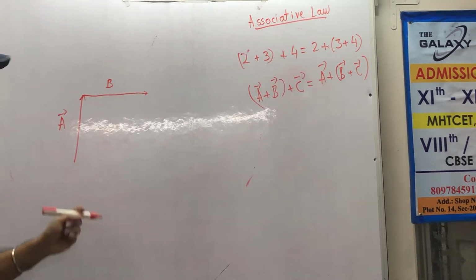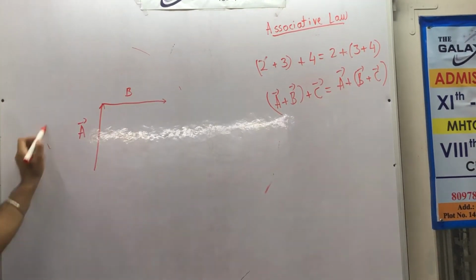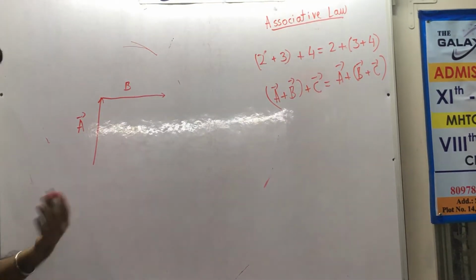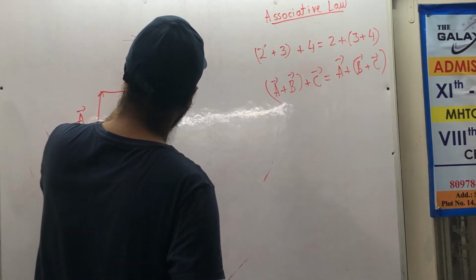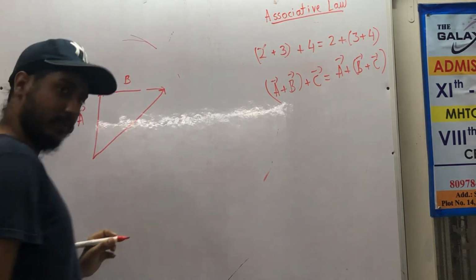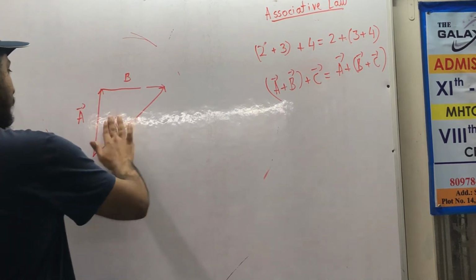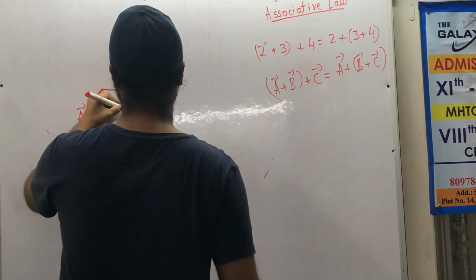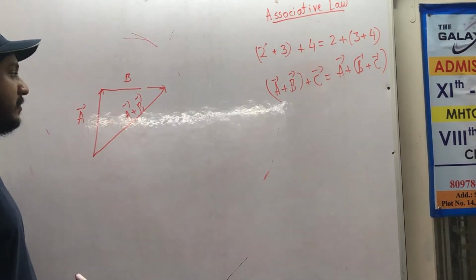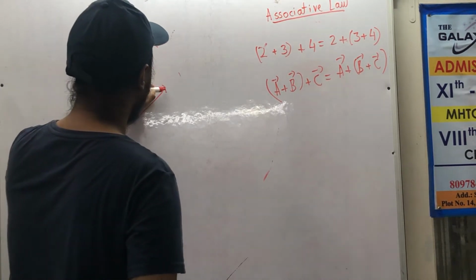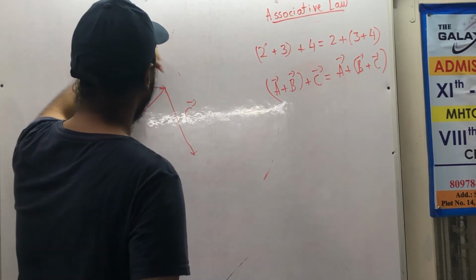Now you can see here, these two are the two sides of a triangle. In which direction are they trying to rotate? Clockwise direction. But where will the resultant be? The resultant will be in anti-clockwise direction. That will be here. This vector will be given by R, or I will represent this by A plus B, because it represents the resultant of A and B. Okay, now I will make one more vector here. This one, I will say, is vector C.